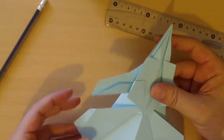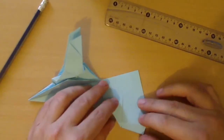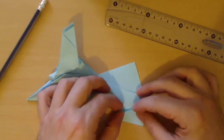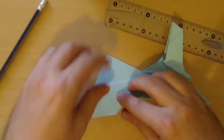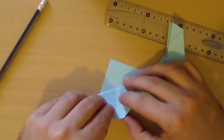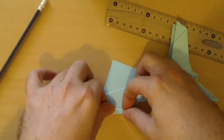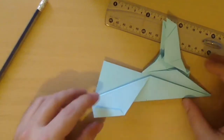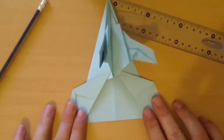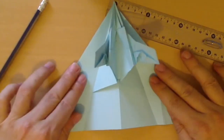Now, close the 2 tails in this way, reverse this fold, and make the mirror fold for the other portion of the tail. So you will have something like this. Now open the tail in this way